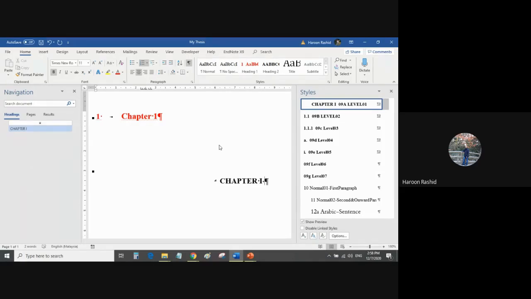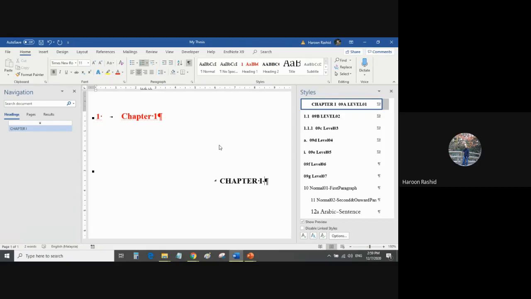Now, all of you try this and you must get the same thing as I'm seeing on my screen. It should be the same in the BM thesis as well. Idris, you just have to write Bab Satu and enter, then you will see Bab Satu will appear down there. Okay, great. That's nice. Okay, Mujahid, good. Okay, Mailani, good. Okay, that's good.